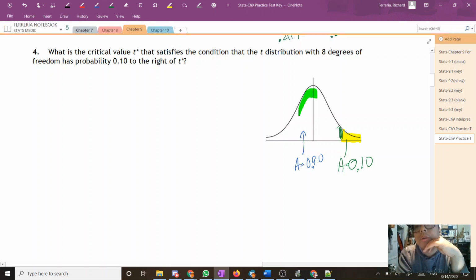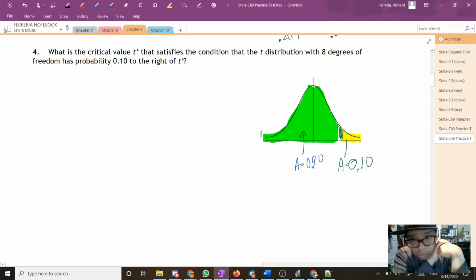So this area on this side is 0.90. And why is that important? Well, it's important because when our calculator calculates z-scores and t-scores and all of that stuff for us, it pretty much only gives it to us